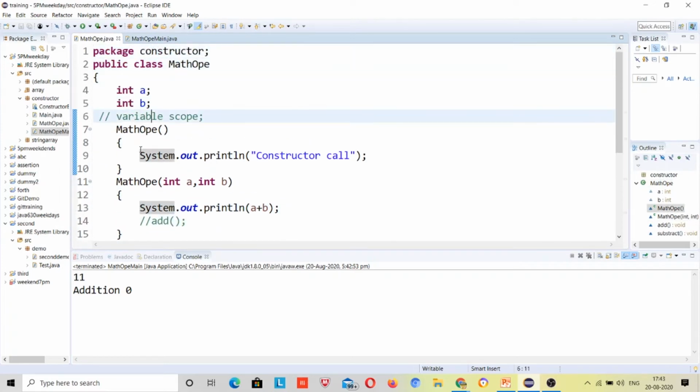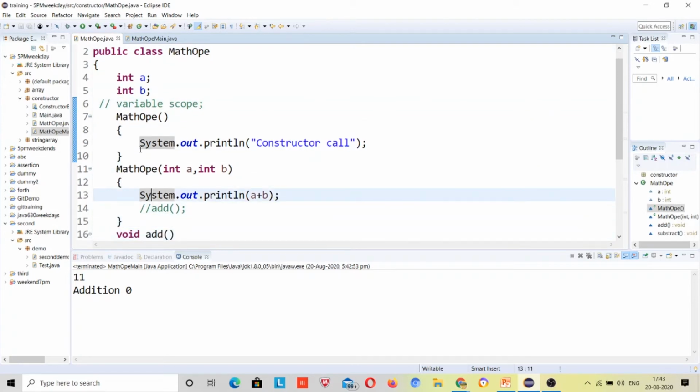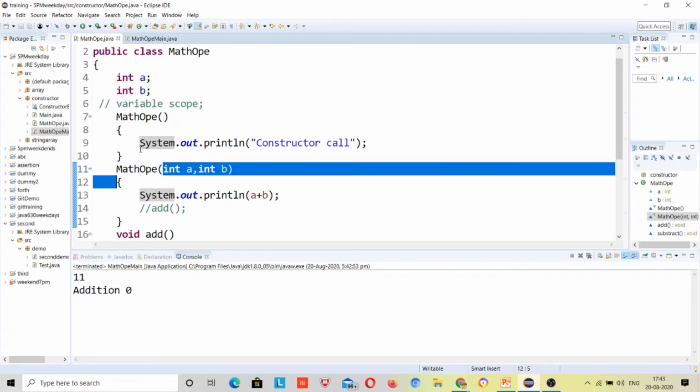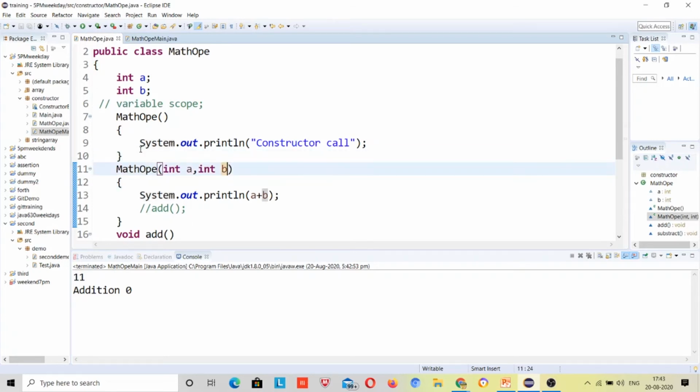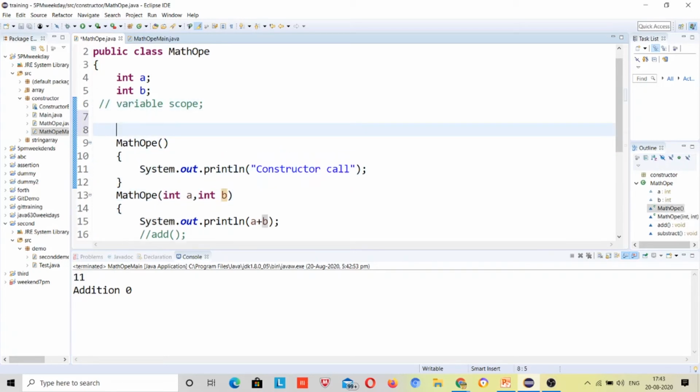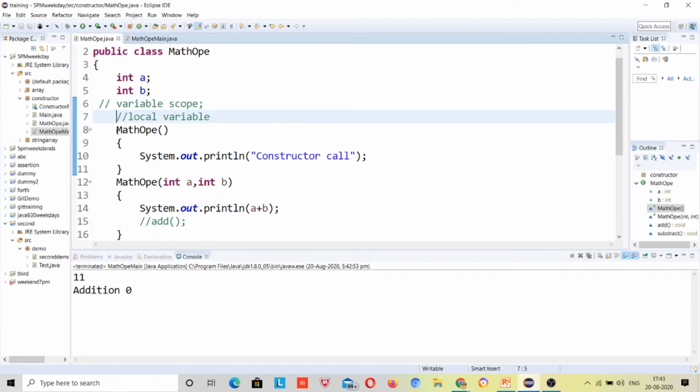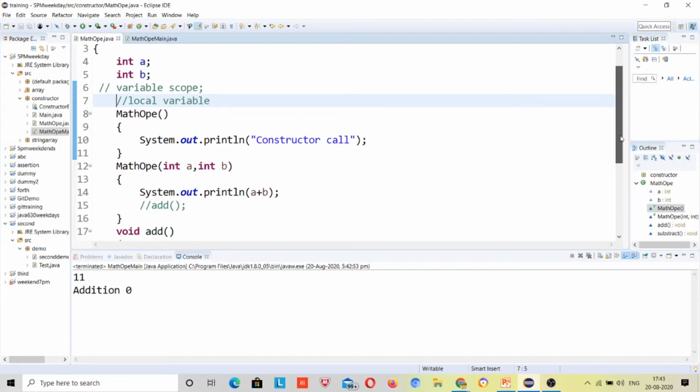I have defined these variables inside this constructor, so their scope will be only here, because these are local variables. Local variable scope remains only local. It doesn't work with global variables. What are global variables?